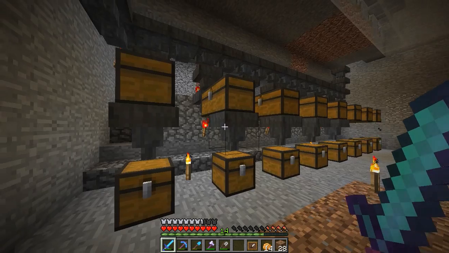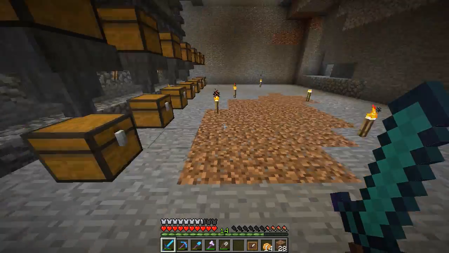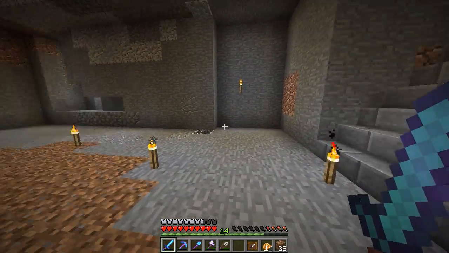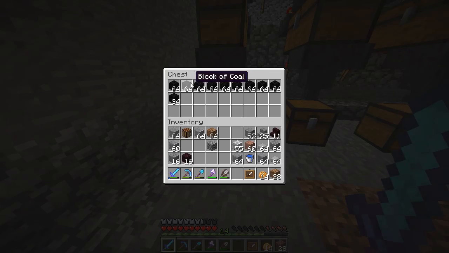My reasoning for this, even though I've said I didn't want to put manufactured things in the sorting system, is that usually when I go out caving and stuff, in order to save inventory room, I will make blocks out of things so that I can get the maximum amount of stuff in my inventory that I possibly can. So it makes sense to me to have...